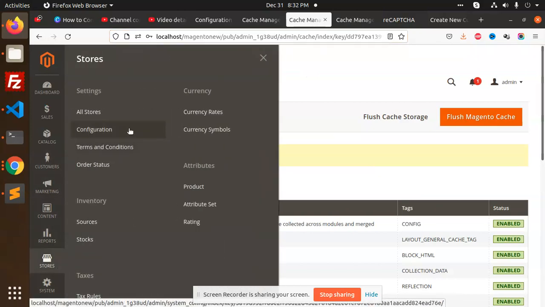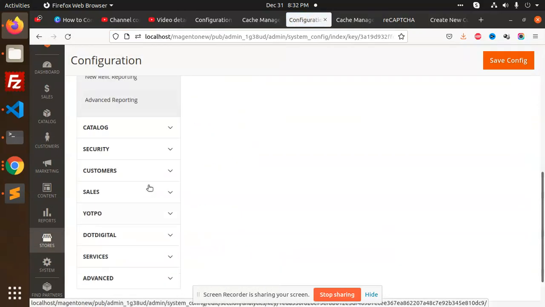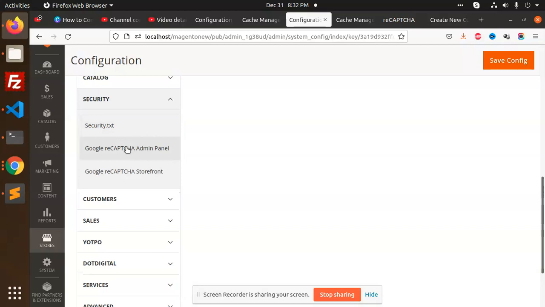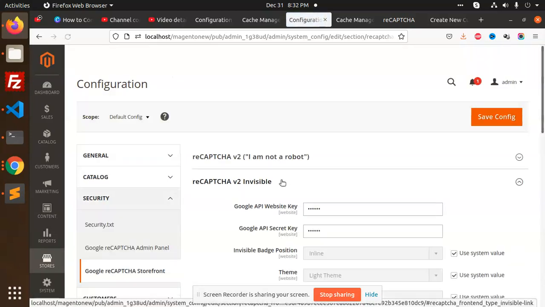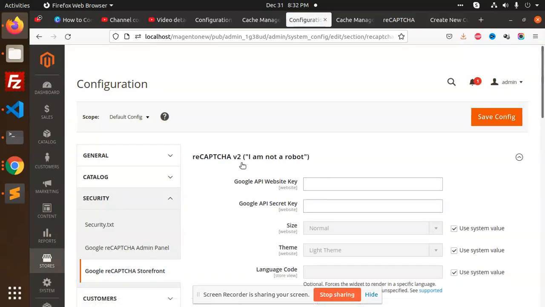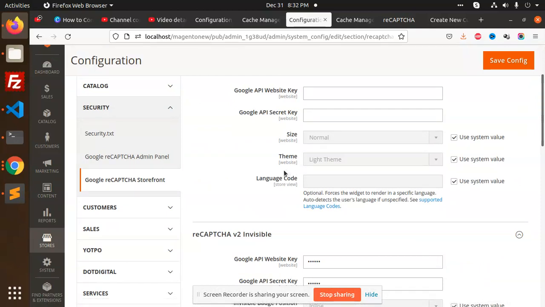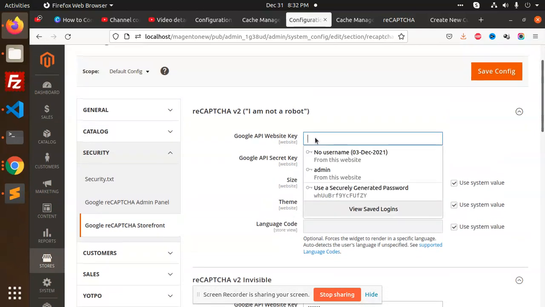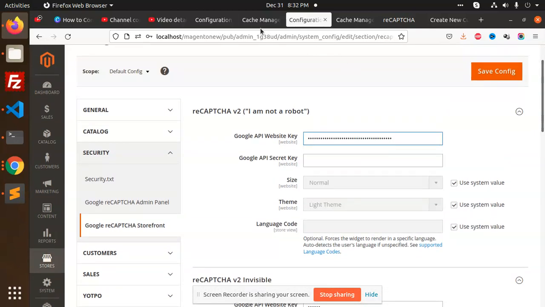Go to the stores configuration. Security, storefront, reCAPTCHA. I am using another key here, and here I'm saving another one.